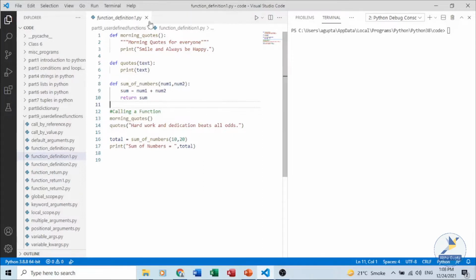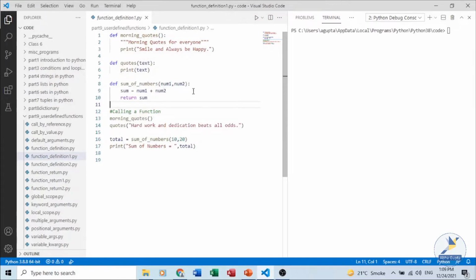For example, we have a function morning_quotes, so we are calling morning_quotes. No arguments are required for this particular function. For the quotes function, we need to pass a parameter, so we are passing some data in the form of a string. For the third function, sum_of_numbers, two parameters are required, so we are passing two values.